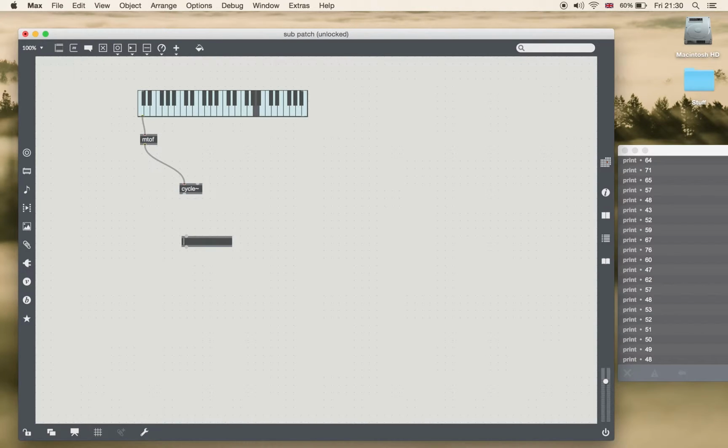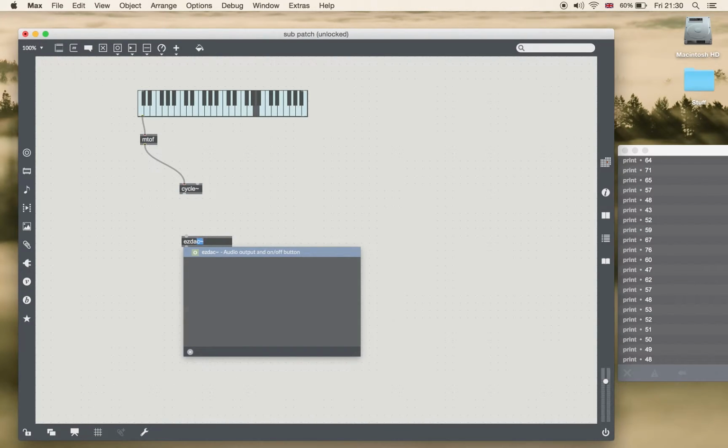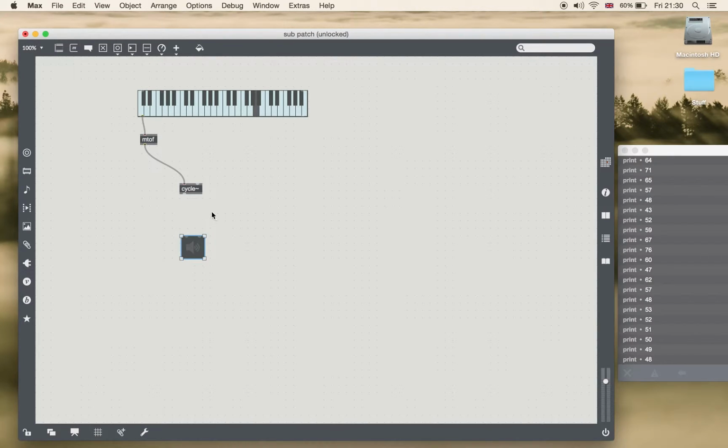And this is another shortcut I don't know. EZDAC is an audio output. The way I'm creating this movie, you won't be able to hear much of the output of the sine wave. But you might be able to hear a little bit coming out of my speakers and back into the Mac microphone again. Okay, go into lock mode, and I can actually turn audio processing on and off. Something is coming out, I can see it, can't actually hear it,